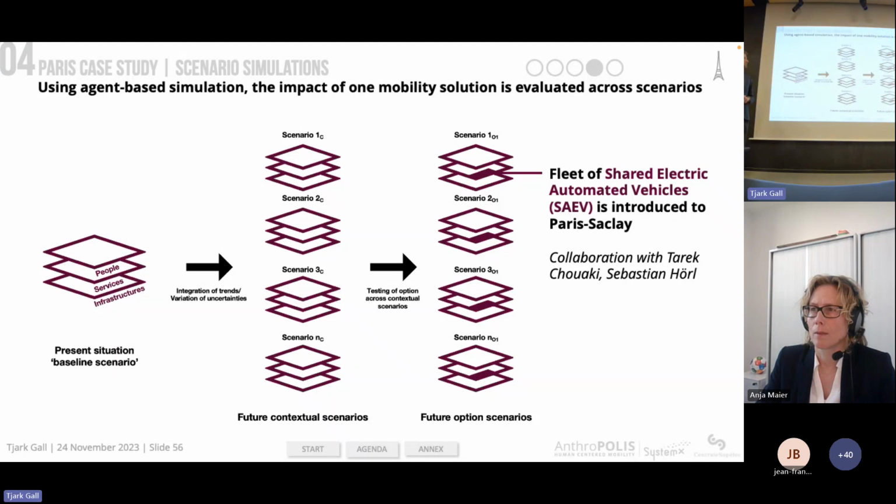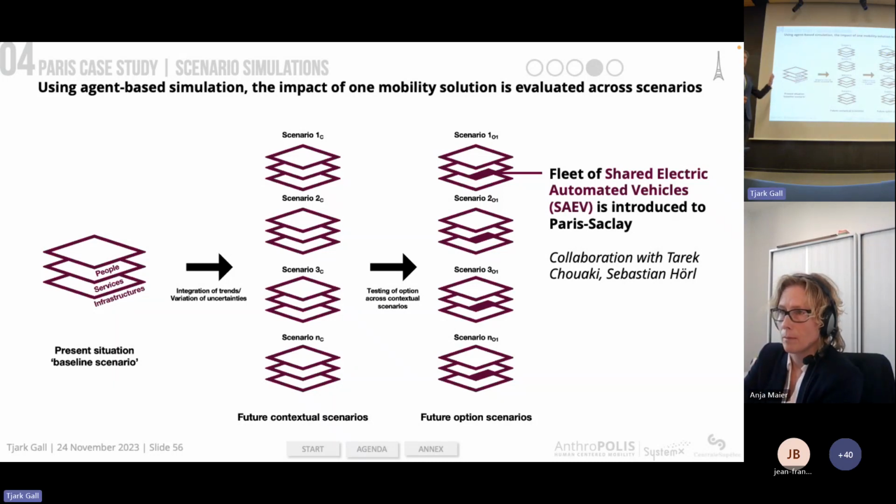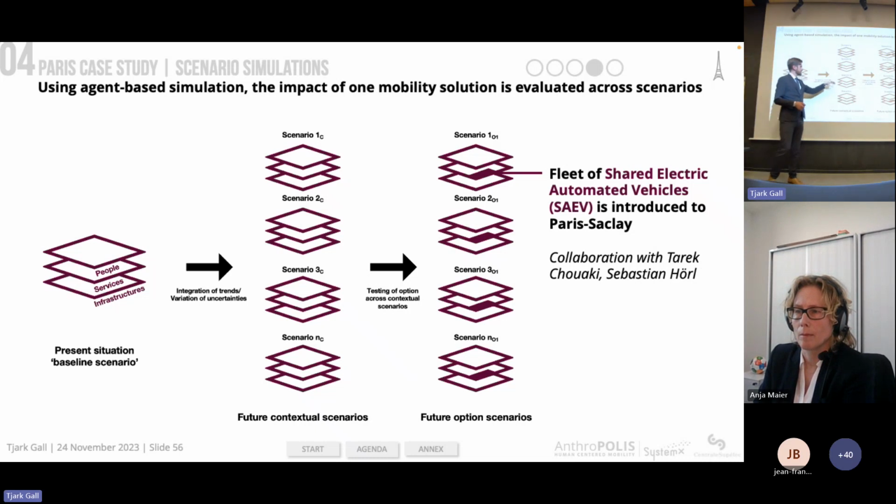We use that afterwards to simulate the urban mobility system at the Ile-de-France level, which was done in collaboration with Tjark Gall and Sebastian Höhn. So we looked at the present situation: people, services, infrastructure. Then we looked at 4 different scenarios, the changes between today and the future, where we integrated trends. Trends being population growth and mobility infrastructure, which is planned, which is ongoing, and which is supposed to be there until 2030. And the uncertainties through the synthetic population,